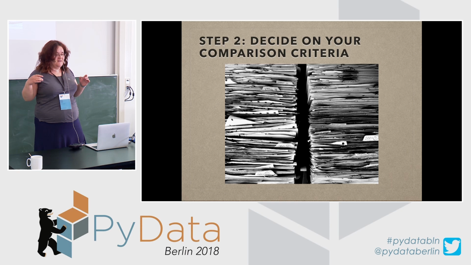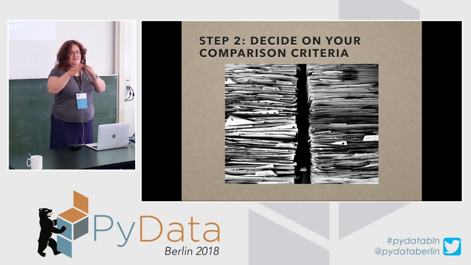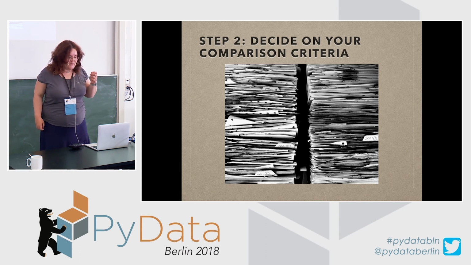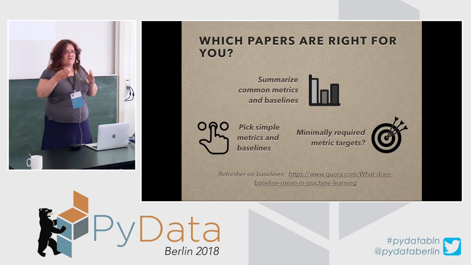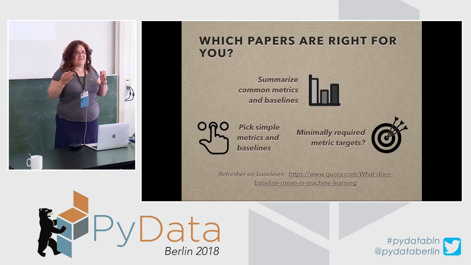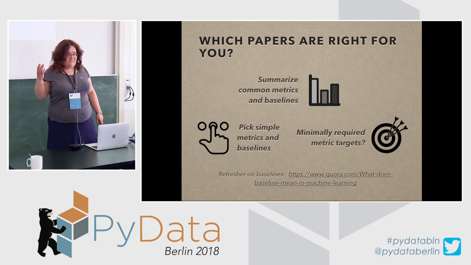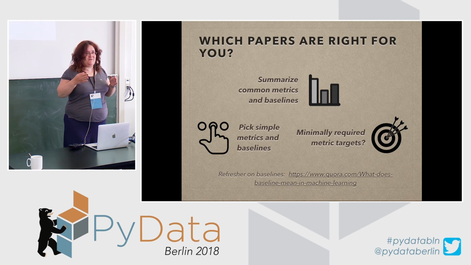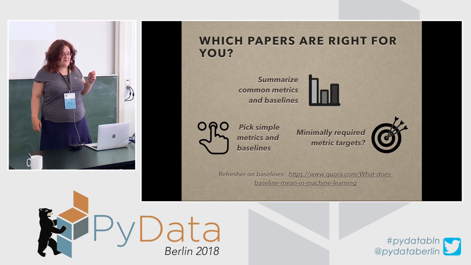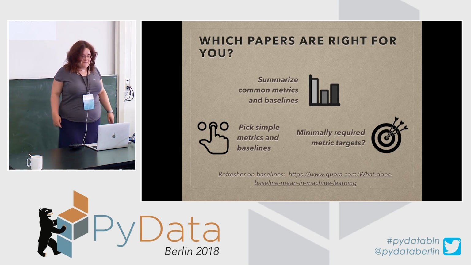So now that we built this kind of map, and we have a hopefully somewhat commented list of research papers that we want to look at, the next question is, as I said, how do we compare them? And that's where a lot of your own creativity is involved, because here you're tailoring your analysis to the specific problem that you're facing, as opposed to whoever else wrote the survey papers. What we did, and what turned out to be really helpful, is first to summarize the common metrics that other people have used to evaluate models for the same problem, and also find some baselines to compare against,